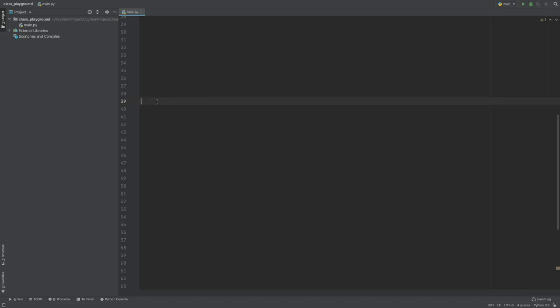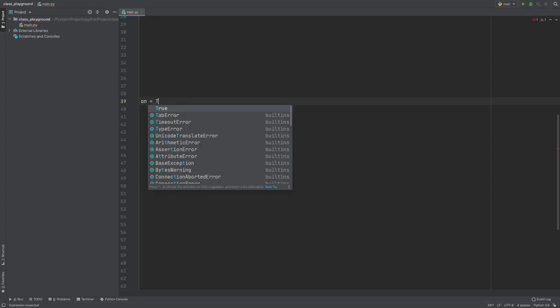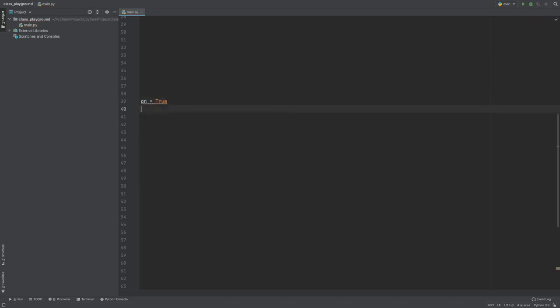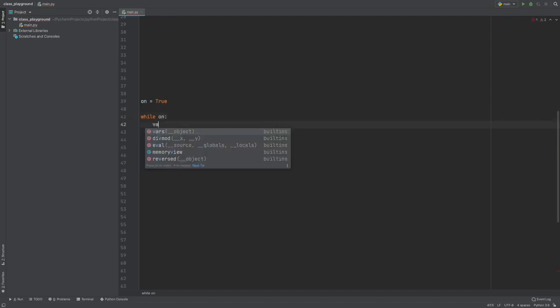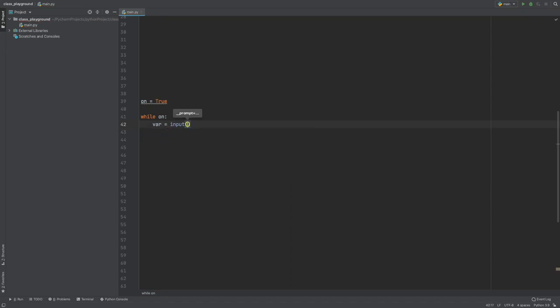So the way this works is, make a variable, and we'll just say variable, actually we'll name it on. That's a good way to name the variable, and we'll say on equals true, and then we'll say while on, and we'll make a variable, and we'll just call it variable because I don't know what to name it, and we will take an input, and we will say